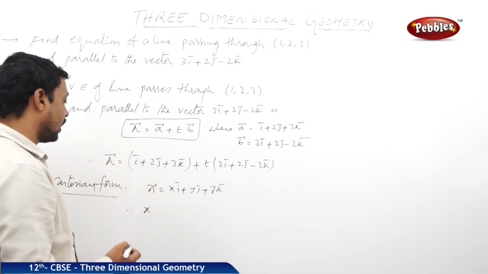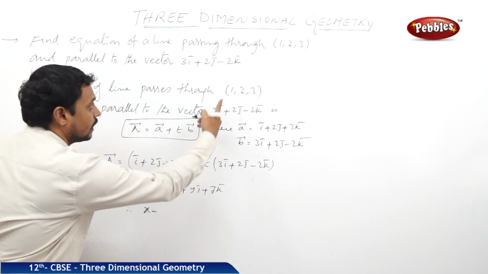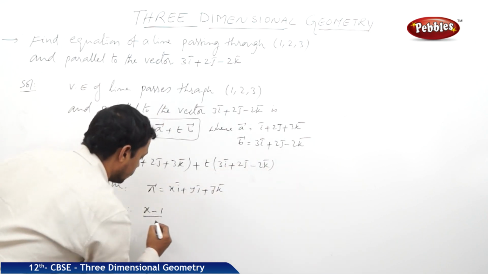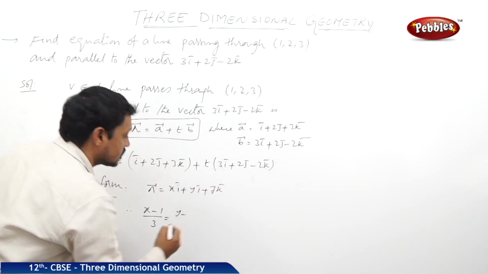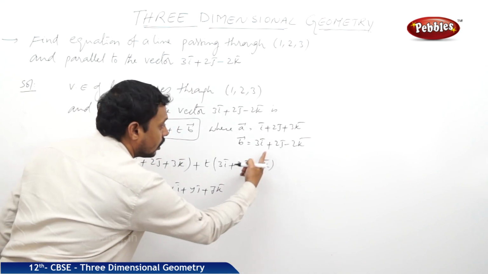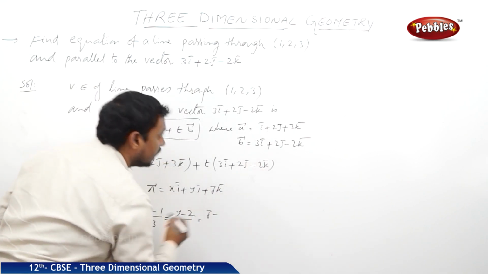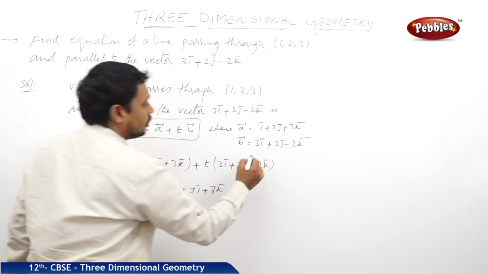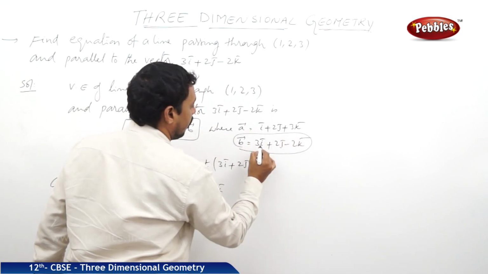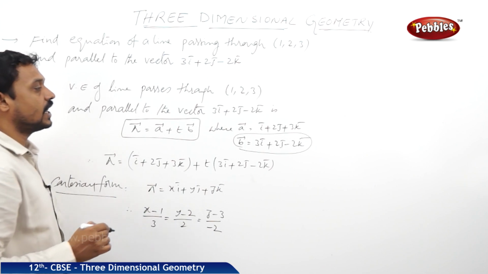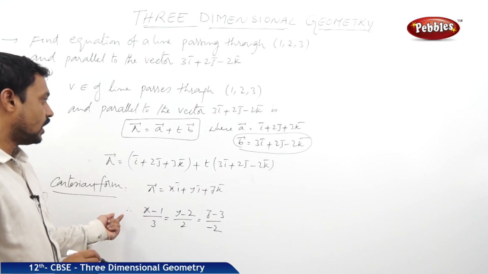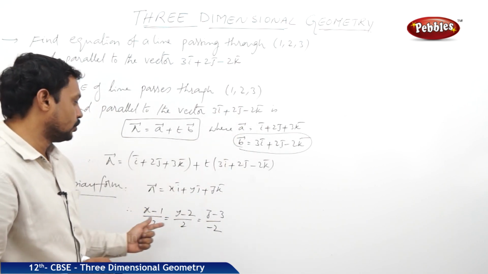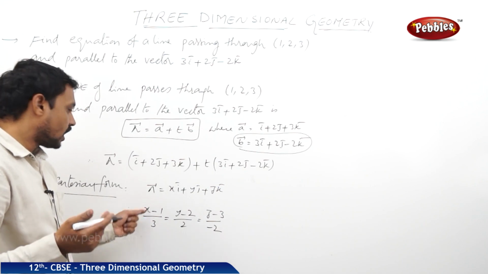vector b bar, given by x minus 1 by the components of the b vector 3, y minus 2 by 2, z minus 3 by minus 2. Here the components of b vector are 3, 2, minus 2. They are the direction ratios of a line. So we can take the direction ratios directly here, and the point is given as 1, 2, 3. So that we have the Cartesian form of a line